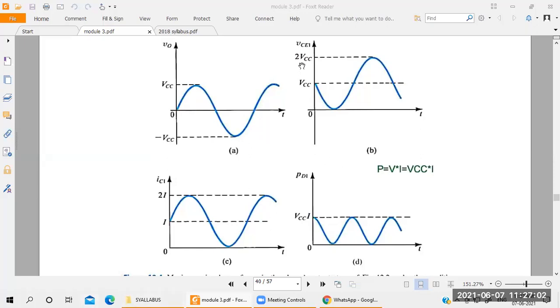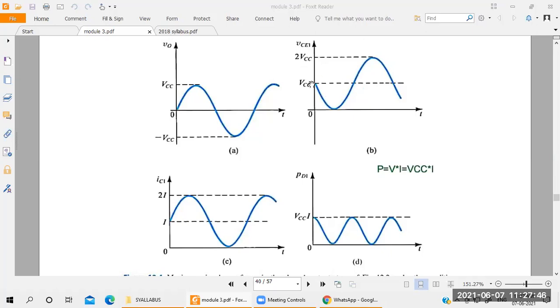Next, the second one. Here they have taken VCE output voltage for the Q1 transistor, the load transistor, output transistor. For the output transistor, they are going to calculate the collector to emitter voltage. This is only for positive voltage because Q1 is maintained in saturation or linear condition. There is no cutoff condition for the Q1 transistor. If Q1 went into cutoff condition, it would go negative here, but always you have to maintain on condition or saturation condition for Q1.